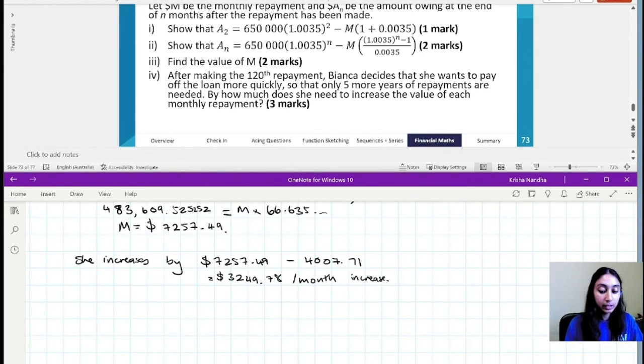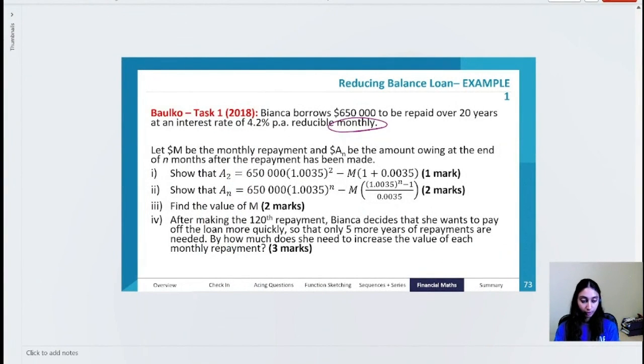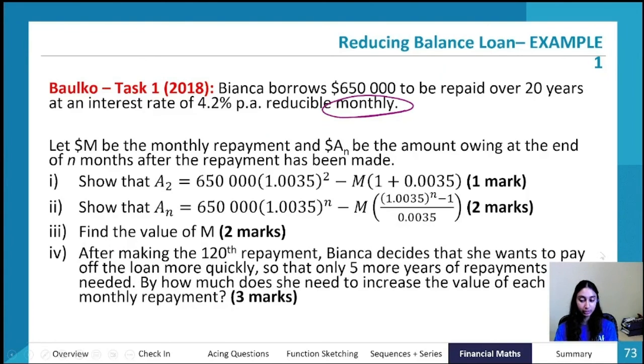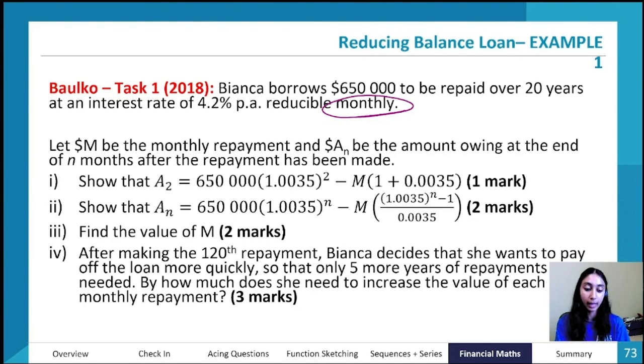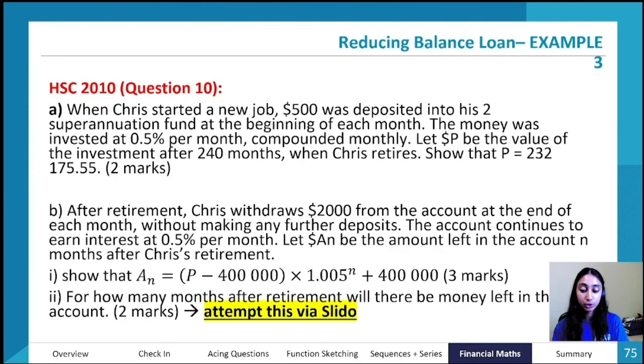Okay, so I know I didn't get the opportunity to properly go through a lot of questions for financial mathematics. Unfortunately, I won't be able to go through these 2 questions, but I would highly recommend trying to go through these, even if your school hasn't gone through this kind of stuff yet. Just by maybe re-watching my example that I just went through and getting used to the steps so that you can work out questions 2 and 3, because it's going to be awesome if you're able to answer these kinds of questions before your school actually gets to it.